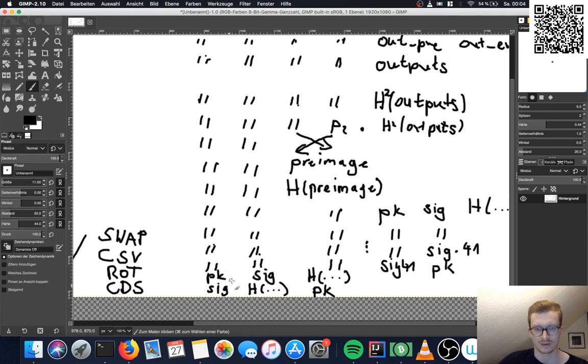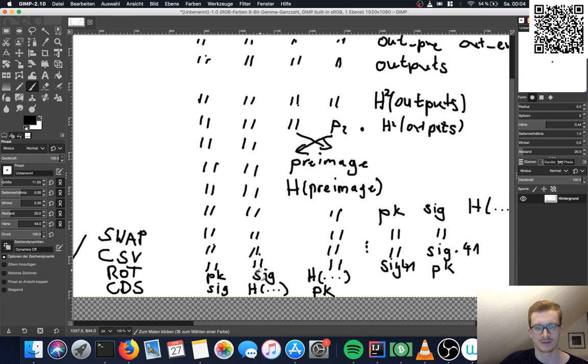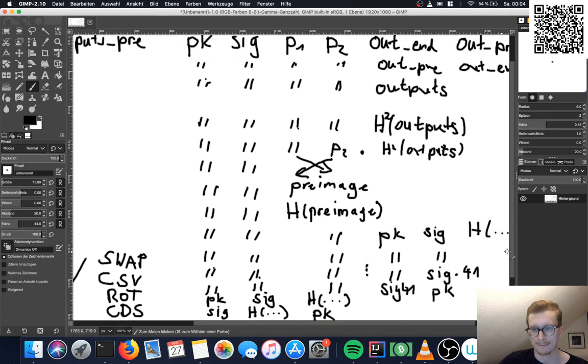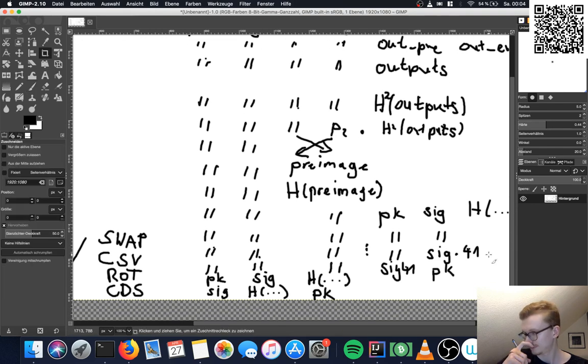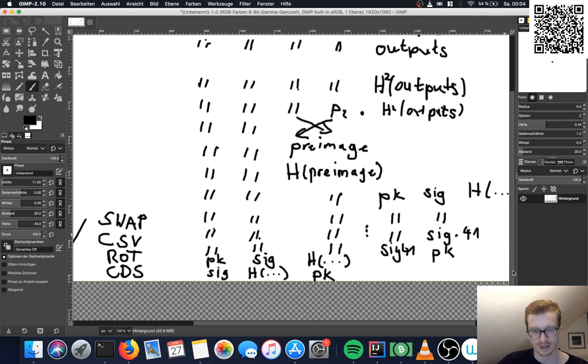And then if we do check data sig verify, we actually enforce that this signature, which currently could be anything, actually matches the things we put on the stack. And after that is finished, we will have a true on the stack.